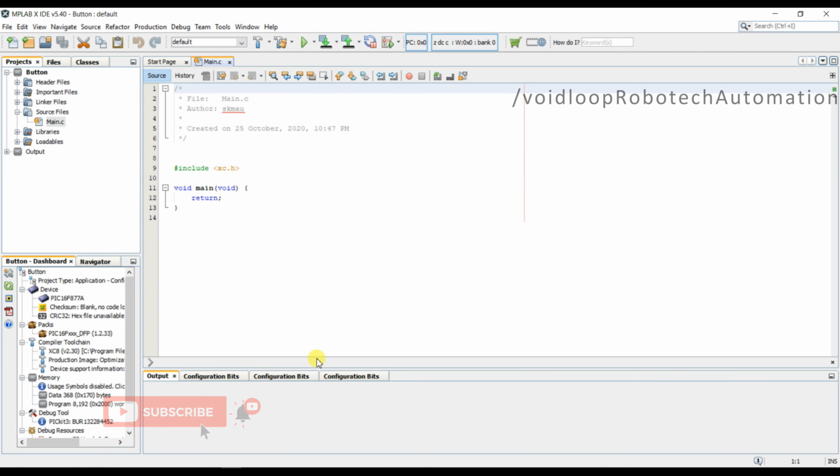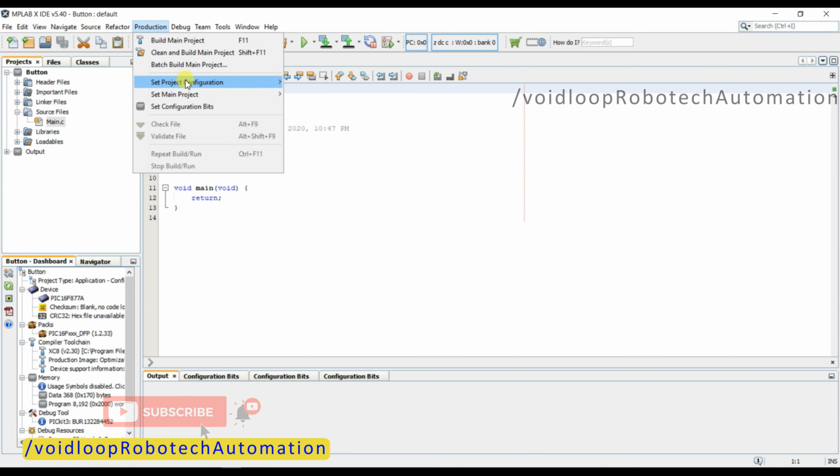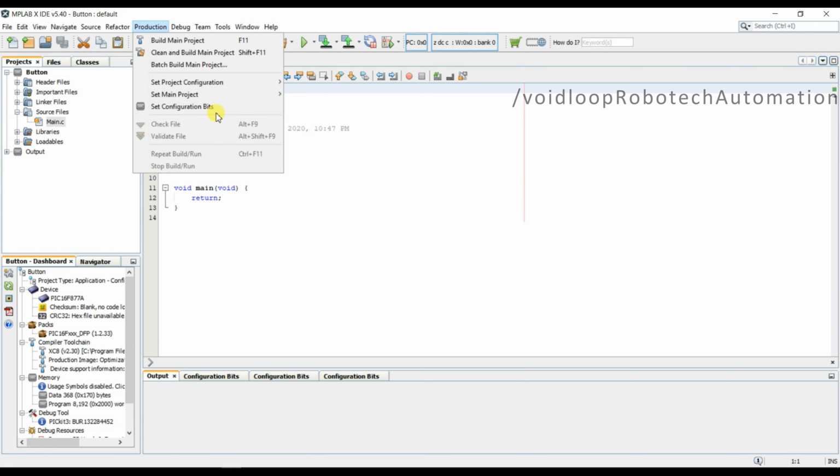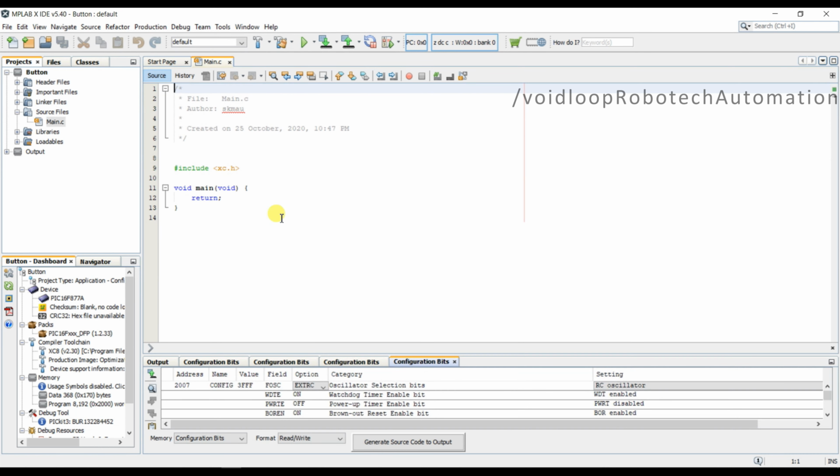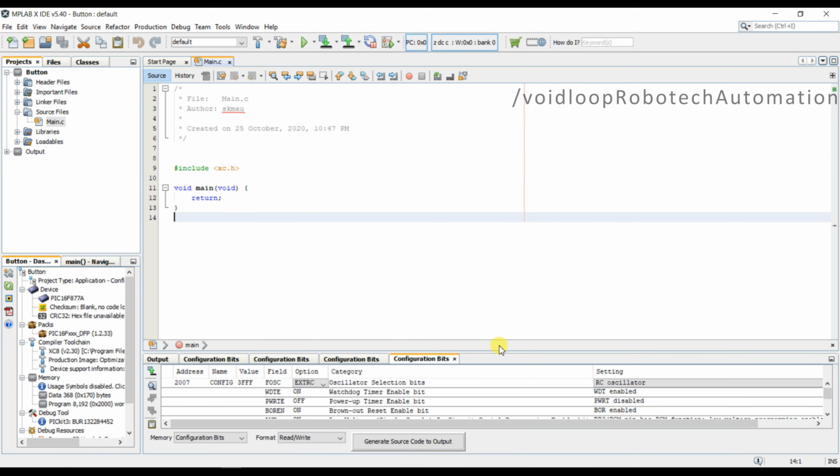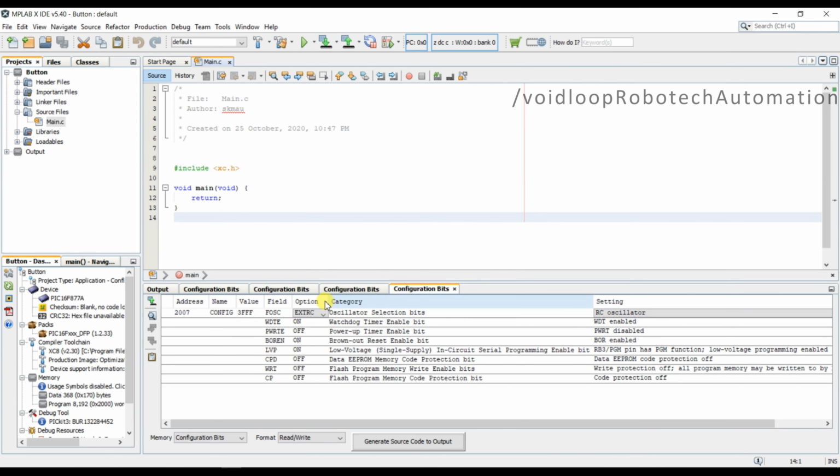So first of all we have to set the configuration bits. So go to production and set configuration bits. This is the FOSC oscillator selection bit.